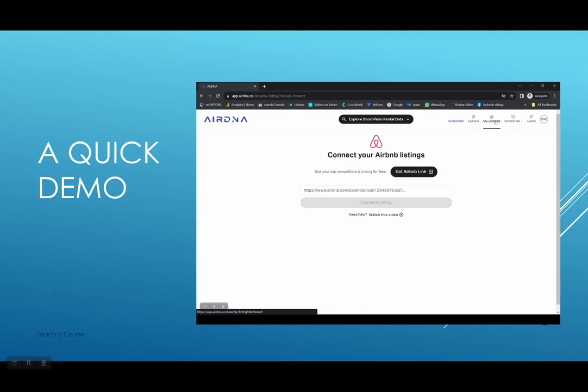If you don't have a listing yet, and you're not even sure if you want an Airbnb listing, it's still worth creating a listing in Airbnb, making it live just for the purposes of this exercise, and then switching it off again. So you can at least get access to all the really valuable data that AirDNA has about properties